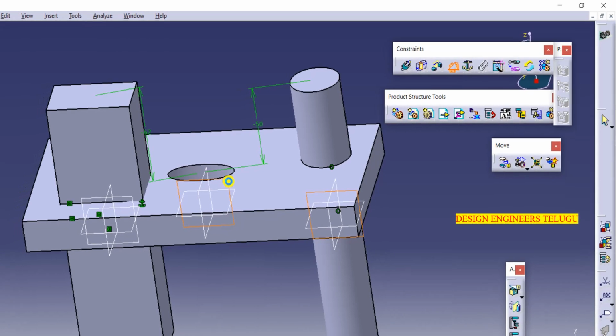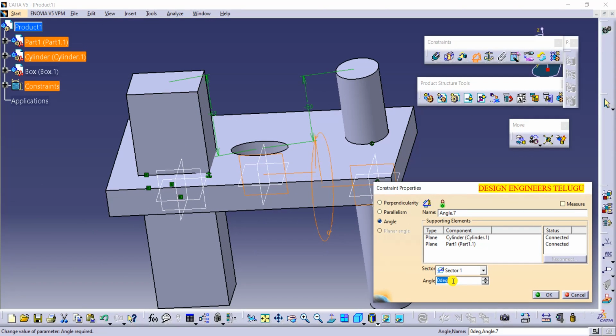If you select these two planes, you can maintain some angle, or I want to maintain 0 angle. So select 0, or if you rotate, even if you rotate, it will not make much difference. Suppose if you rotate this one, here you can't see that difference. If you see elliptical faces like this, you can sense that. So whatever angle you want to give, you can give, and then click on OK.